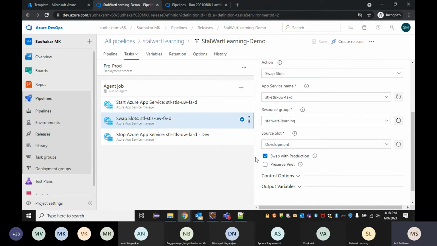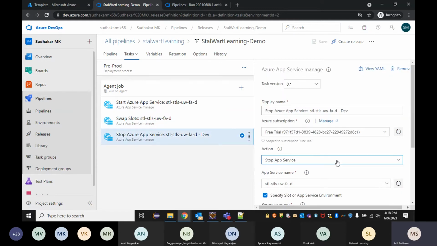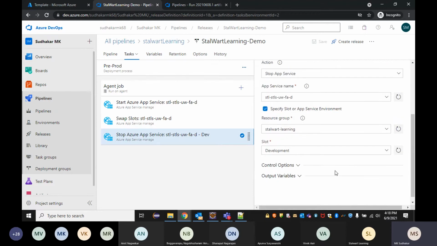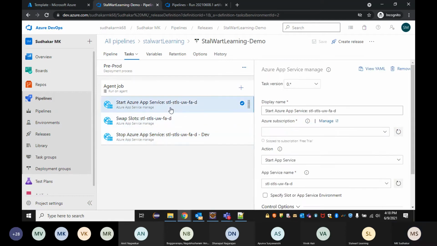Now the production will become the old version, and the main will become the production. So it is like swapping the slot. And third, I'm going to stop that slot, because I don't require running multiple slots or multiple versions. It will create an impact. So I'm going to stop the old development version slot, so that I only have the production slot running. So this is the other stage.